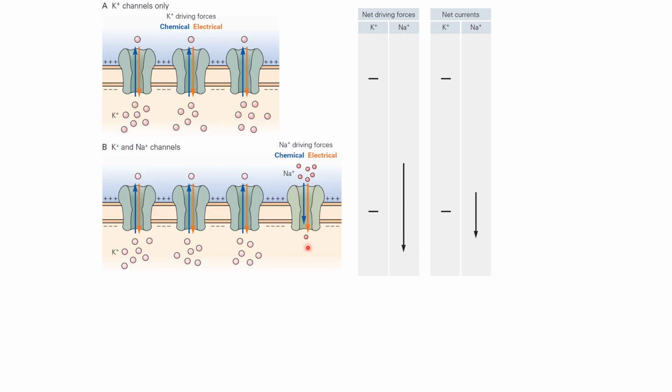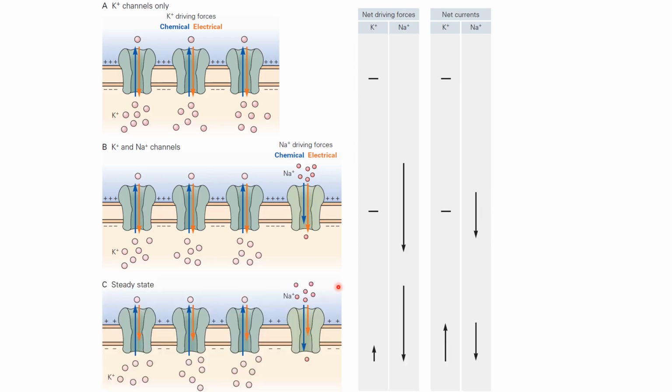And now that the channel is open and there is a driving force, the sodium ions will move in this direction. So we have a net sodium current that is in the inward direction from outside to inside. Now the length of this arrow is shown slightly smaller than the driving force, just to make the point that although there is a large driving force on sodium ions, the current through sodium may not be very large because only few channels are opened. So the current depends both on the driving force as well as the number of channels that are present. So as the sodium ions continue to move, they will make the membrane less negative or more positive.